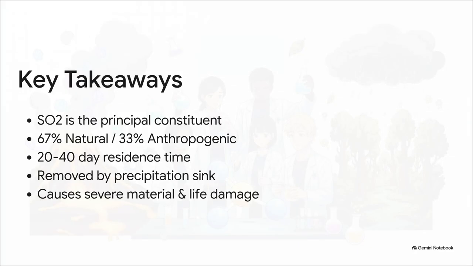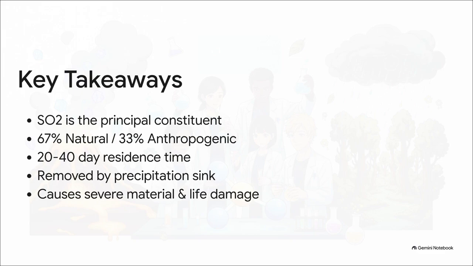Let's wrap things up with Section 6, Final Summary and Review. Let's review the core life cycle we've mapped out. The crucial takeaway here is that while SOx definitely has major natural origins and a relatively short atmospheric lifespan, its transition into soluble sulfuric acid makes it a highly, highly destructive force to both materials and living organisms before it finally washes away. We've seen how it forms from combustion, how it travels on the wind for up to 40 days, and how its high water solubility means it literally rains acid down upon our cities, into our lungs, and